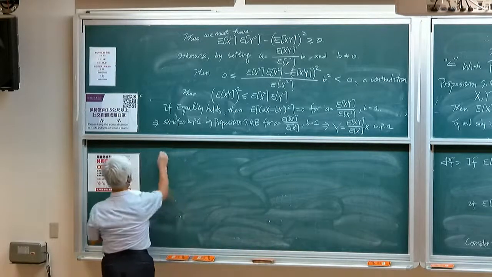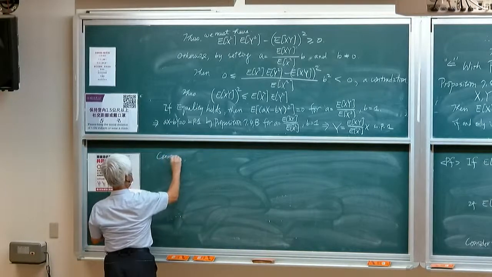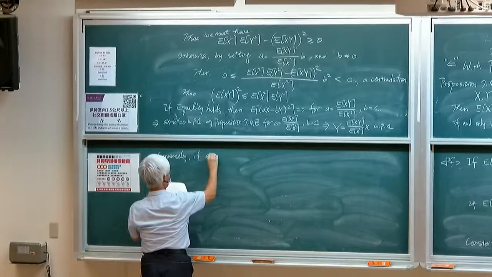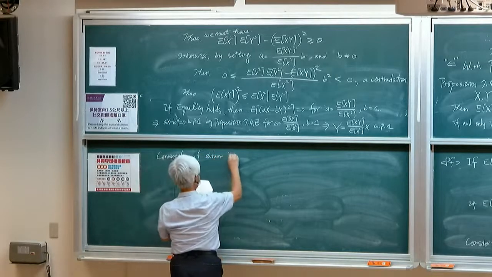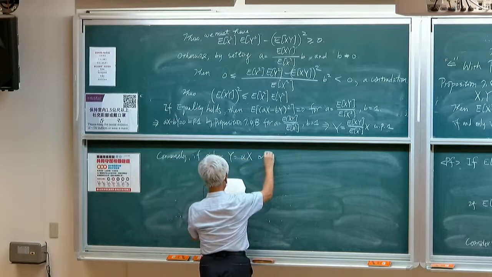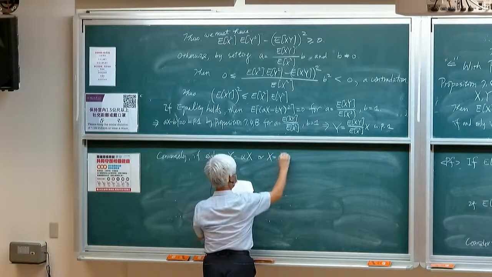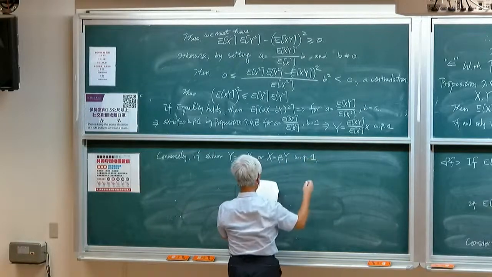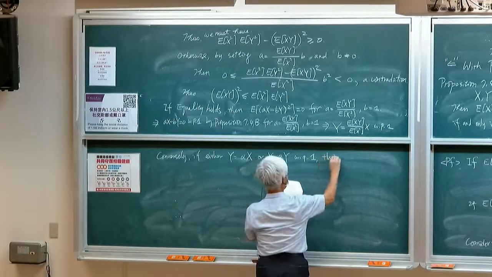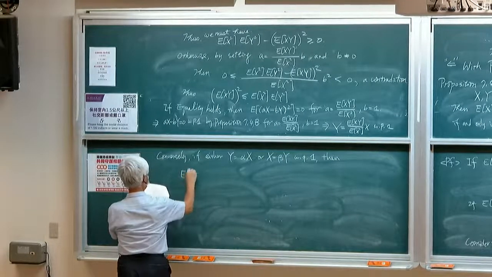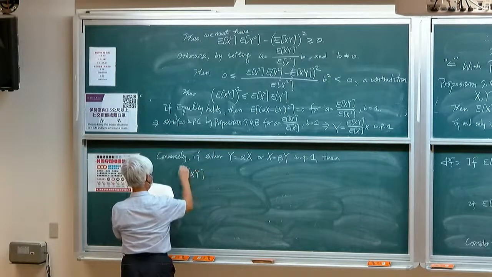And conversely, if either y equal to alpha x or x equal to beta y with probability 1, then when we compute the square,